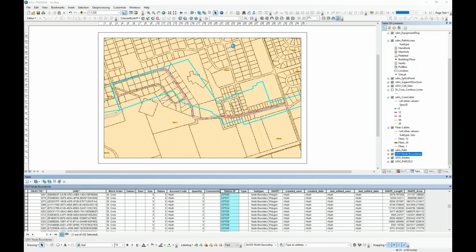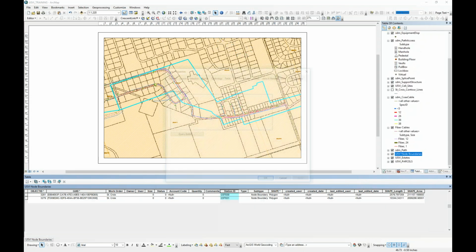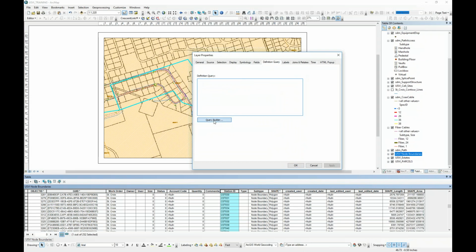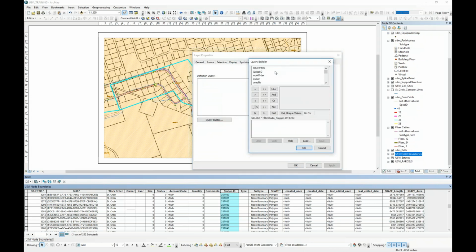You're defining exactly what you want to see with this query. So you go to your query builder, and it's a lot more simpler than it looks. So you want to see your station ID here as what's listed. That's something that is unique to each individual one. So you want to see the station ID. Station ID equals,